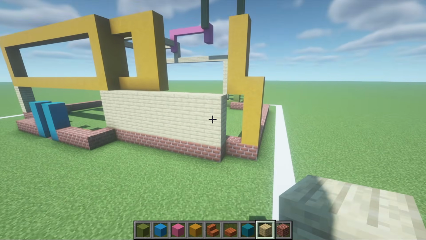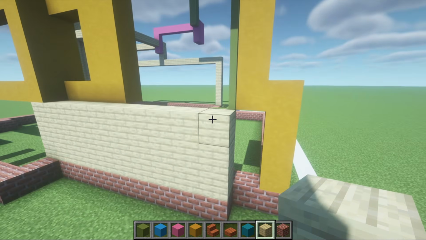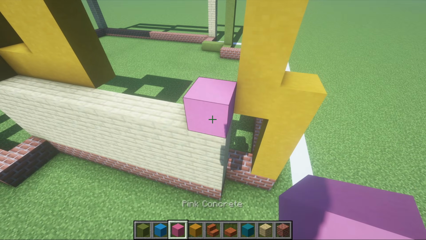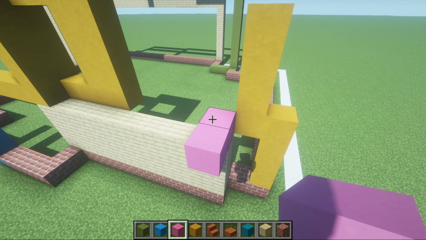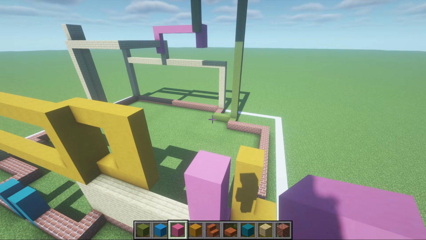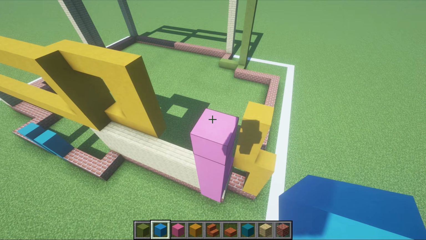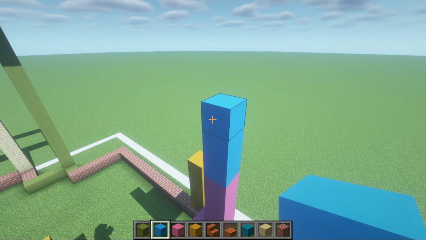Although it is a little bit more complicated than that, as on the end of the row of birch here, we want to place a pink concrete, extend that forwards a row, extend it up by 4, 1, 2, 3, 4, then place 3 light blue concrete on top, 1, 2, 3, extend left by 4, 1, 2, 3, 4,